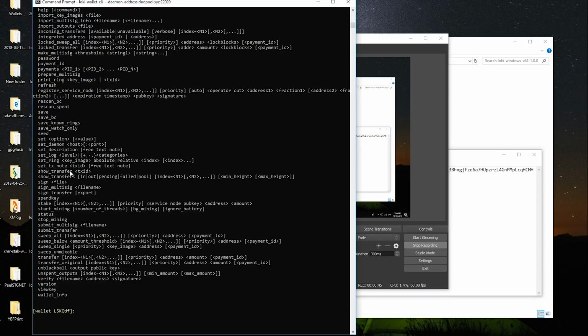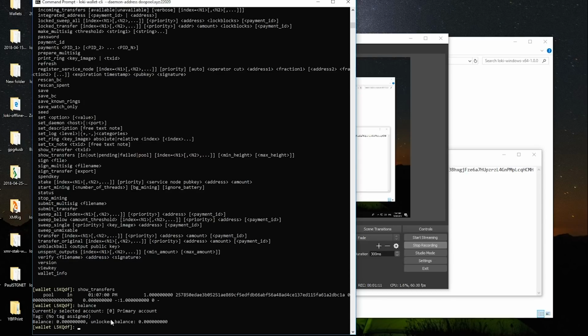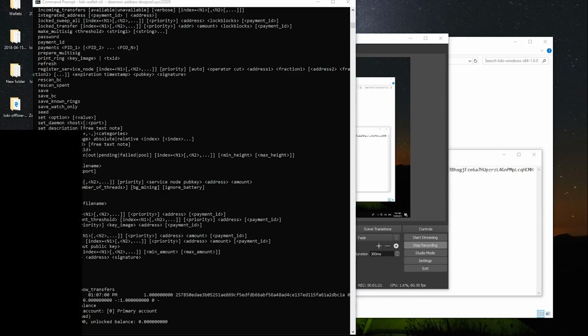It's show transfers. So I'm going to go show underscore transfers and press enter. And you can see I've actually got this transaction that happened at 1:07. So we can see that it's 11:07, and that's for one Loki. I don't know if this just went through or it's still pending. But if we go balance here, we can see that this is still a pending transaction. That means that this is in the transaction pool at the moment, and we can probably confirm that by